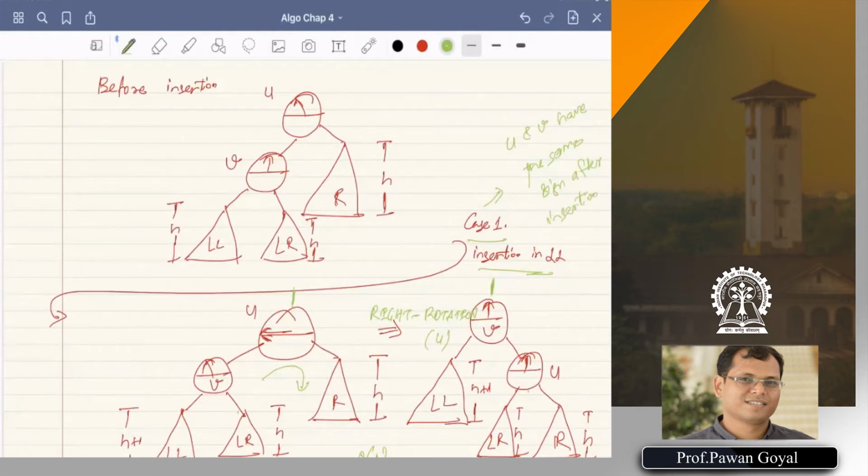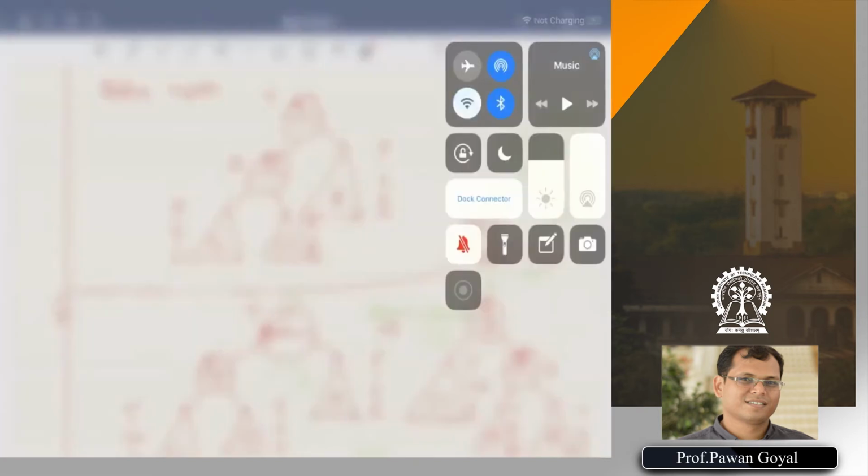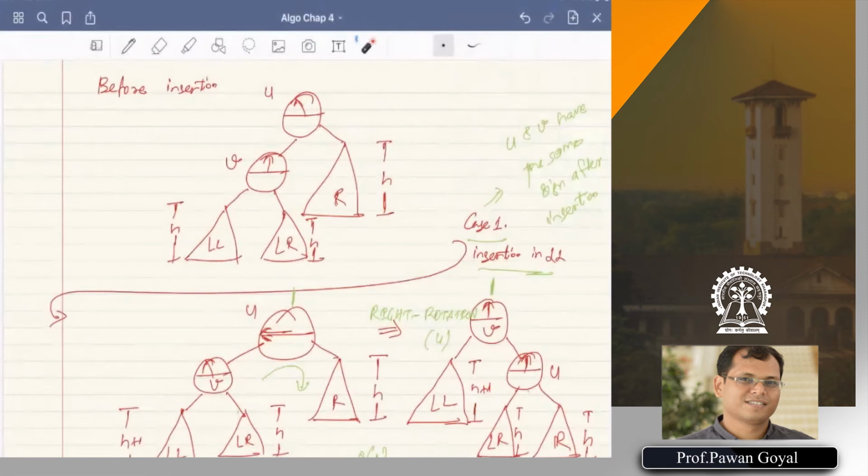When did that happen? That happens when you are doing this insertion in the left subtree. So this height increased by 1, h plus 1, and the other one remained h. Okay, so this is what we said was case 1.